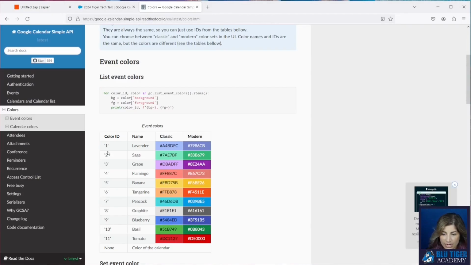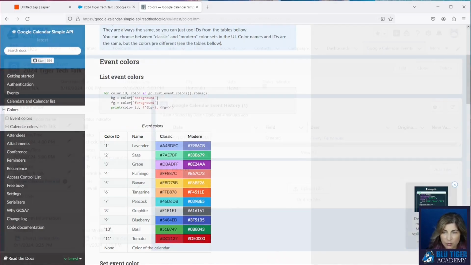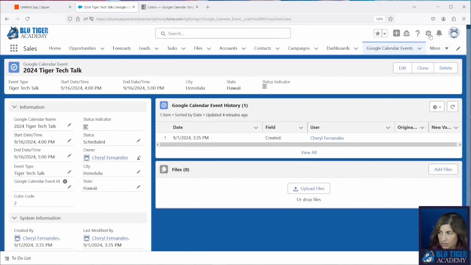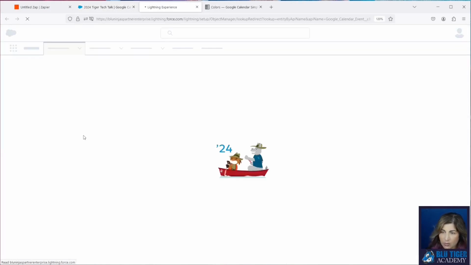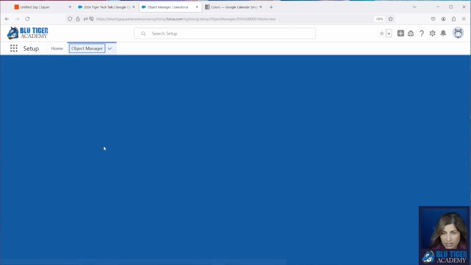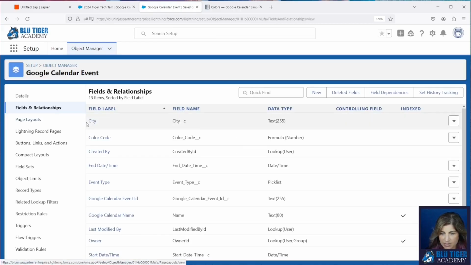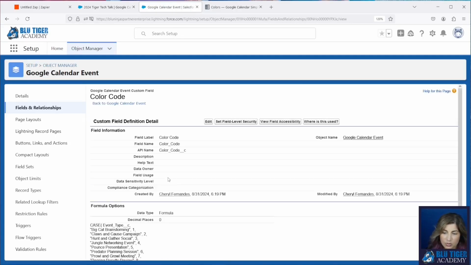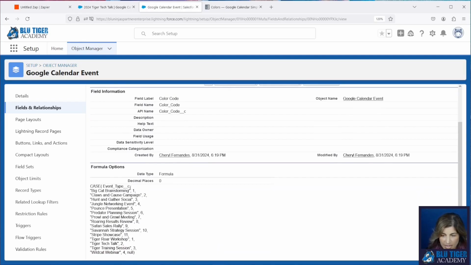So here's the color IDs 1 through 11 that you need to specify in the color code for Zapier to create the Google Calendar event. And how we set it up in our org is we just assigned a specific color code number to a value in our event type pick list. So we're just using the case function to look for a specific value and then assigning a specific color code to that value.